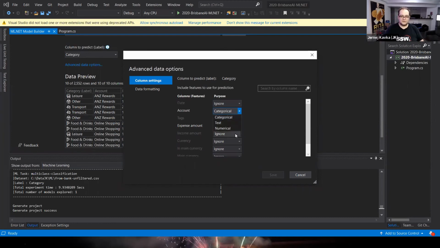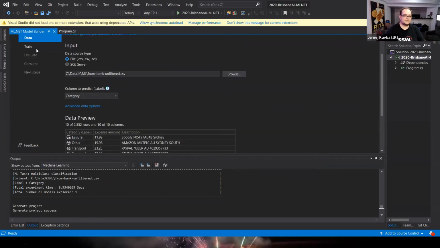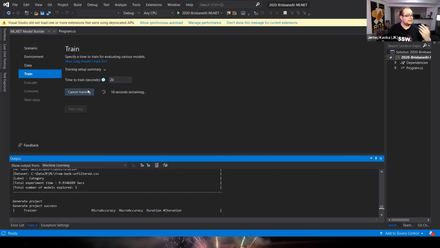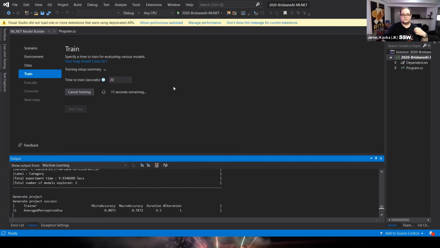Now, I'm not trying to go too deep because I have spent quite a bit of time explaining. I'm going to ignore account. Simple reason why is because account is either credit or debit card. And I don't want the accuracy to get reduced just when I switch from debit to credit card or even from ING to a different bank. I don't want this to impact the accuracy. So I will lose a little bit of accuracy now in order to get a more long-term accuracy, making my model more resilient. So if we train this, we should get,